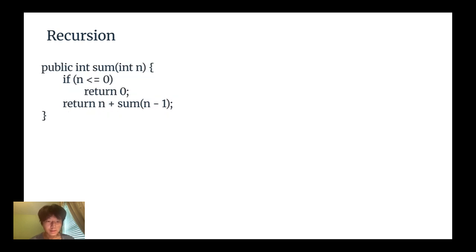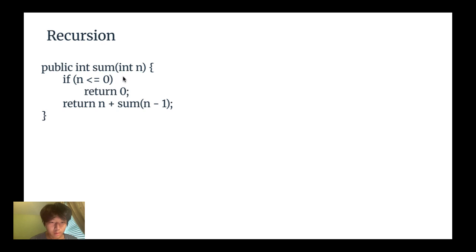Here you can see an example of a recursive method called sum. This conditional statement, where n less than or equal to 0, is the base case, and here you can see this is the recursive case, where each time the sum method is calling itself, it's calling it with a smaller number, n minus 1. And you can see here that